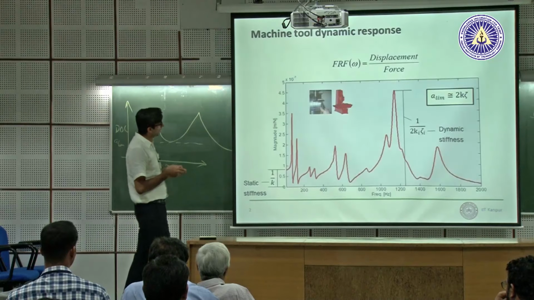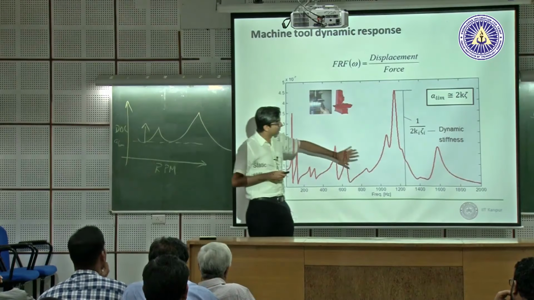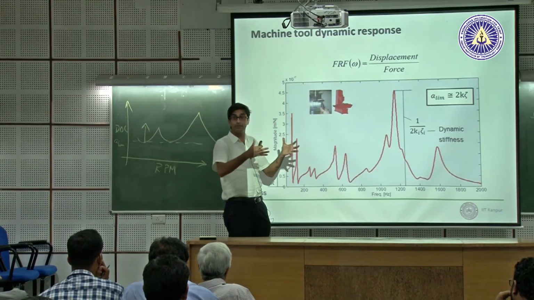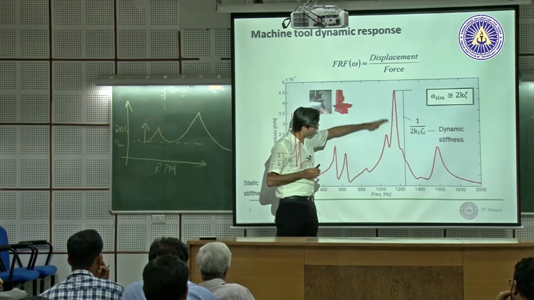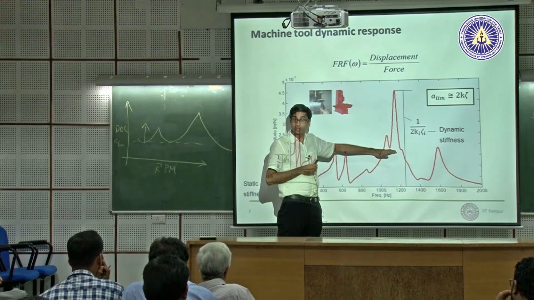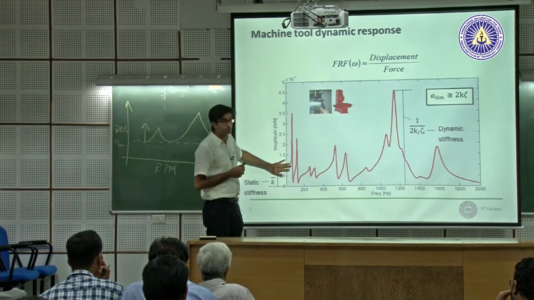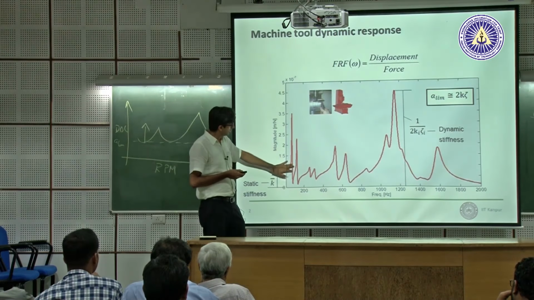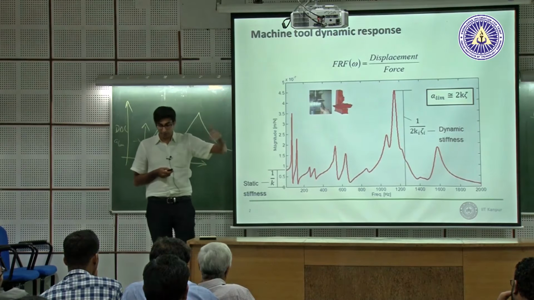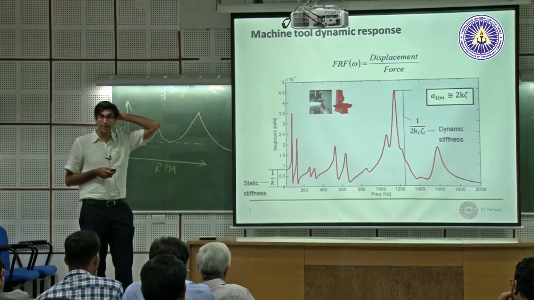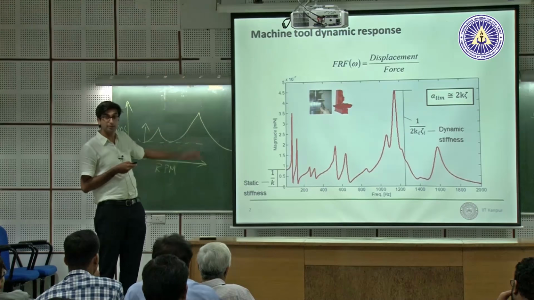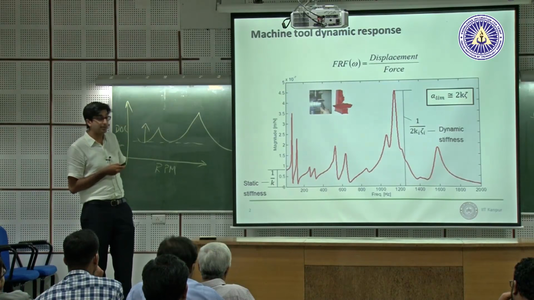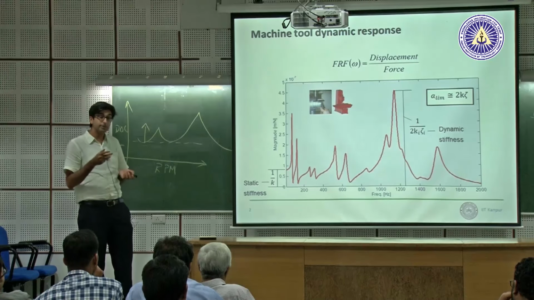For example, if I go back here, this is for an end mill. You can see this here, small end mill. If you put a big face mill cutter, this will become small amplitude, very stiff. Suddenly this is flexible. This is what will limit your cutting performance. And this belongs to structure, low frequency. Omega is square root of k by m. M is high, omega is low. So low frequency belongs to structure, column, base. That is why sometimes even that is important.